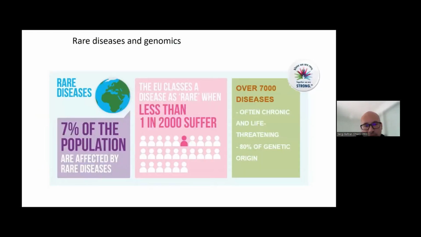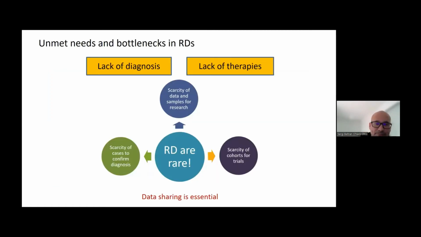So for those of you that do not know, rare diseases are rare in the sense that each of them affects fewer than 1 in every 2,000 persons, but collectively they are quite common, as there are more than 7,000 diseases, and we estimate that between 3 and 7% of the population might be affected by one of these diseases. They are often chronic and life-threatening, and about 80% of them are estimated to be of genetic origin. So you see here the quick connection with the EGA and also with the GPAP, in which we are talking about genetics and genomes.